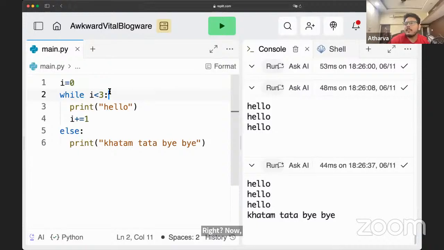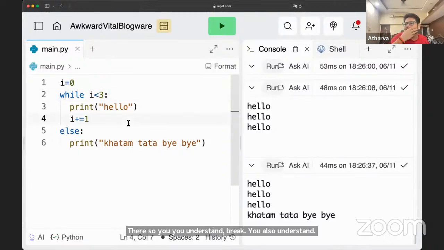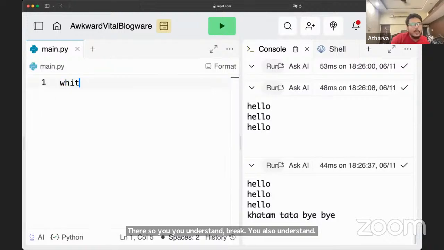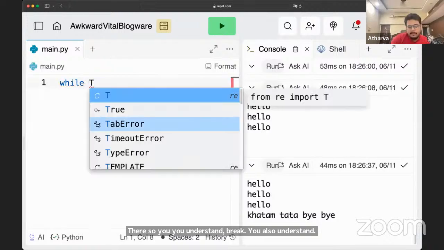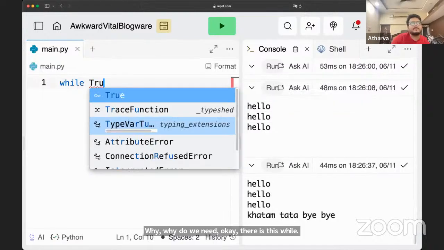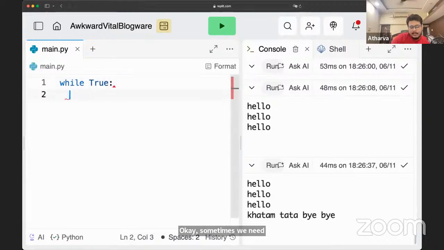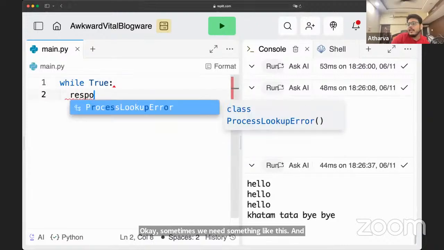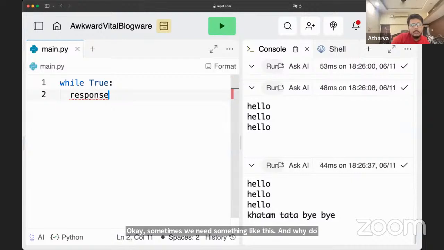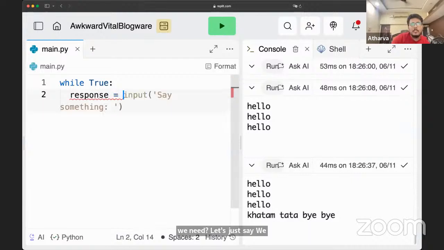So you understand break. You also understand if. Why do we need this while? Sometimes we need something like this. Let's just say we want a specific response from someone.